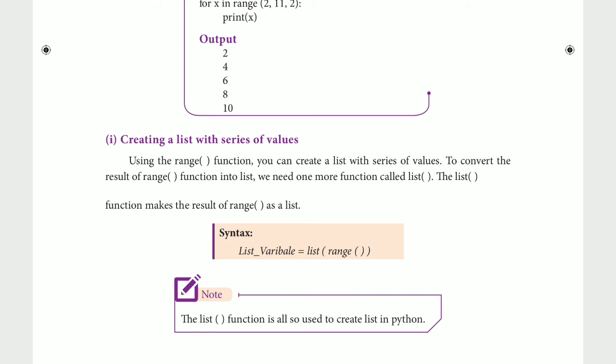In the previous topic we created our own list by giving input numbers to it. But if you want to create a range of numbers as a list, then you can use the list function.